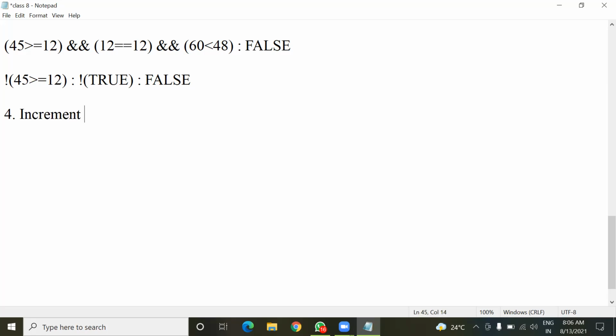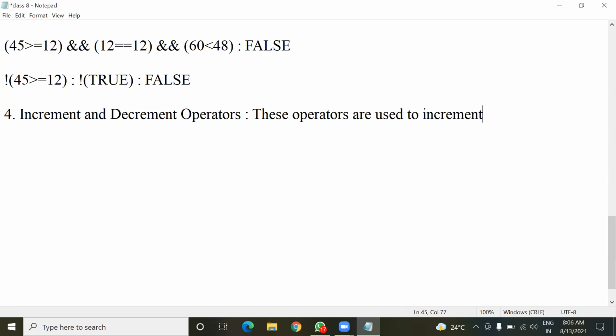These operators are used to increment or decrement a value by 1.